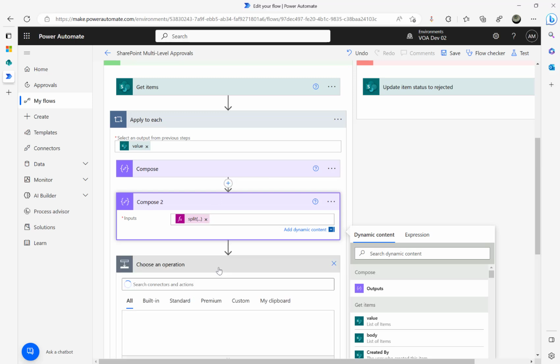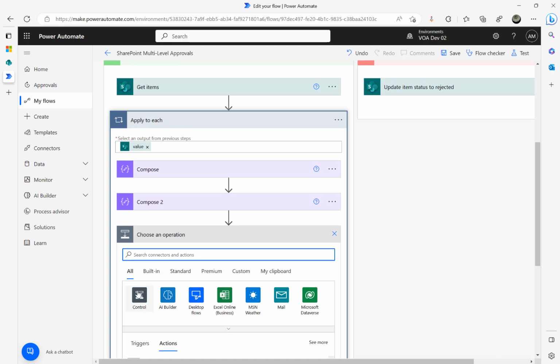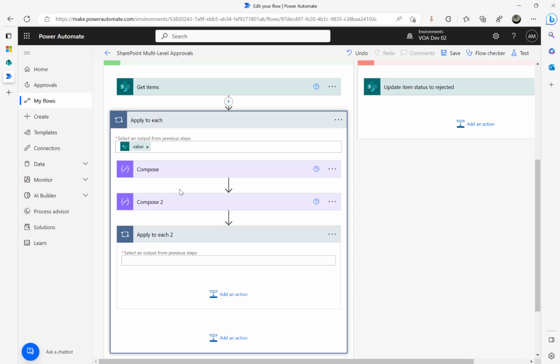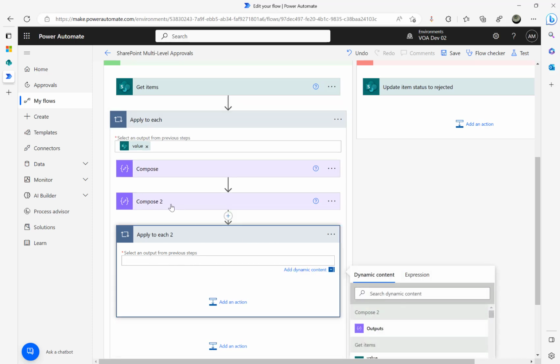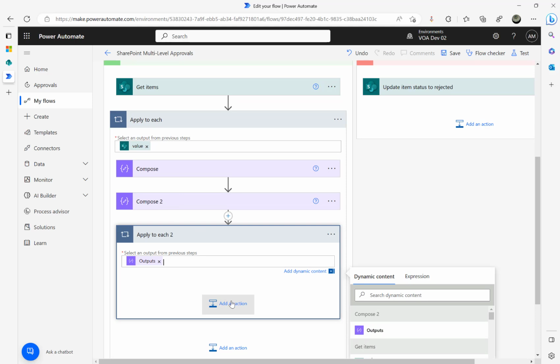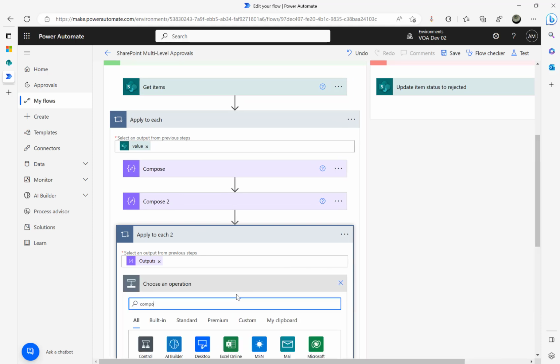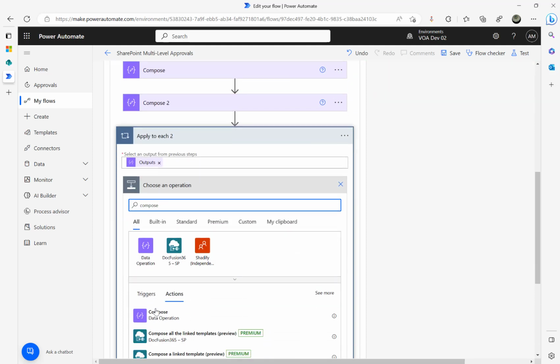The next step, we're still in the apply to each. We go to control and say apply to each, because we need to iterate over multiple levels of approvals. So I put apply to each again here, then the output of compose 2. Then under add an action, I'm going to add compose,